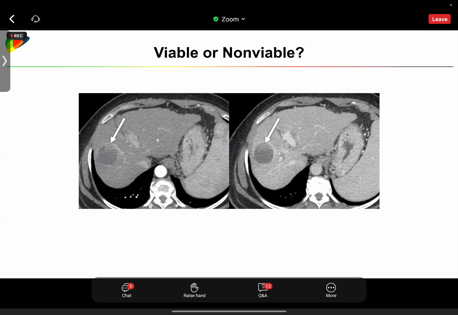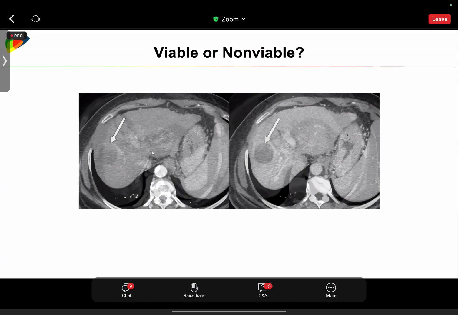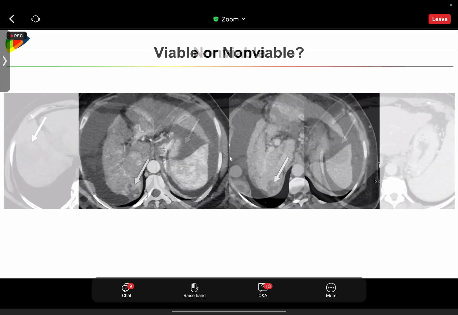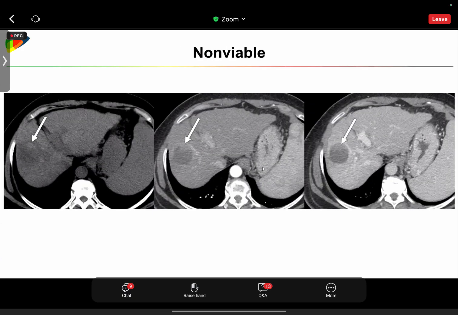So here's a patient, is it viable or non-viable? How about here, viable or non-viable? We do have some density. So in the first person, you can see that this area of apparent enhancement on arterial phase is really hyperdensity that was seen pre-contrast. So we can say there's no enhancement. This is non-viable disease, as opposed to the second patient, which has nothing on the pre,